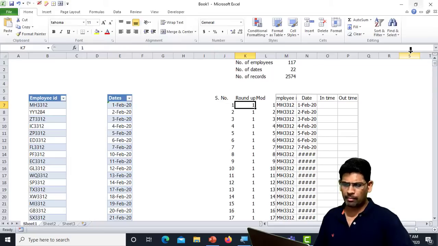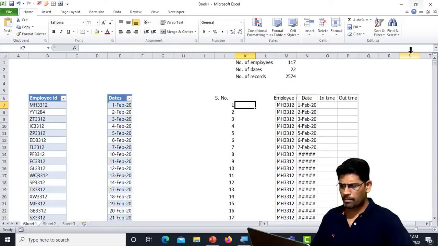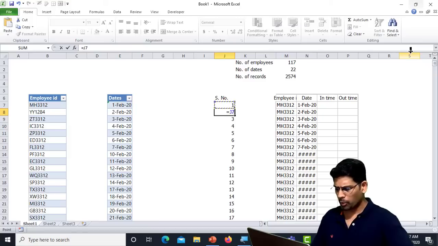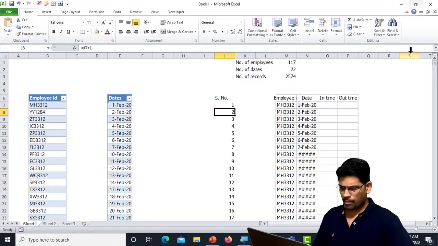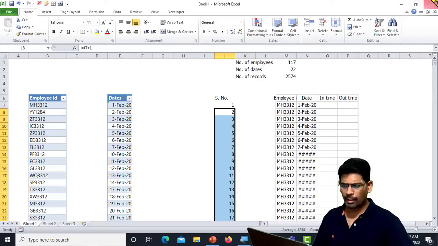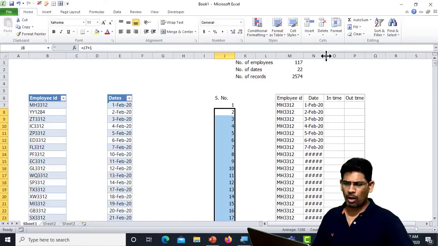Other things we didn't need. So I don't need these round or mod functions. I could have used them directly within the formula. The serial number section has to be done. So this is something you will have to do manually. You will have to copy paste this, which will still be much faster than copy pasting blocks of employee data, right? So now how do we do this?